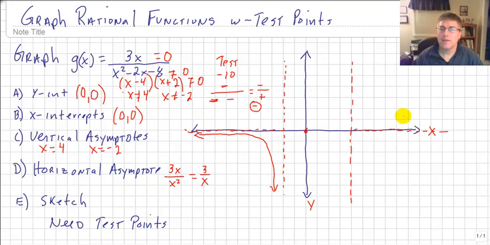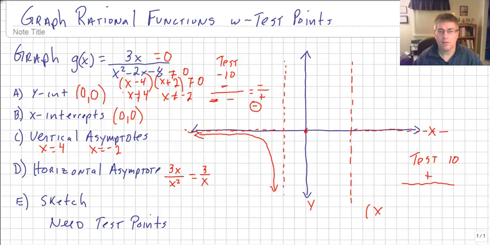Now let's do the same thing on the positive side. Let's go to the far right here and test for x's that are greater than this asymptote. So I could pick 5. Again, I'm going to test 10. So when I input 10 into my function, yes, I get 3 times 10, which is 30, but really all I care about is that the numerator is positive. My denominator,